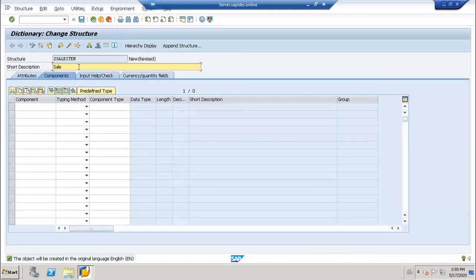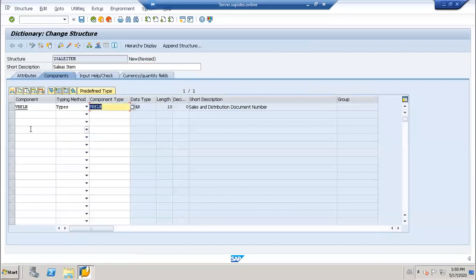So let's say sales item, and here I will take VBELN and type it.